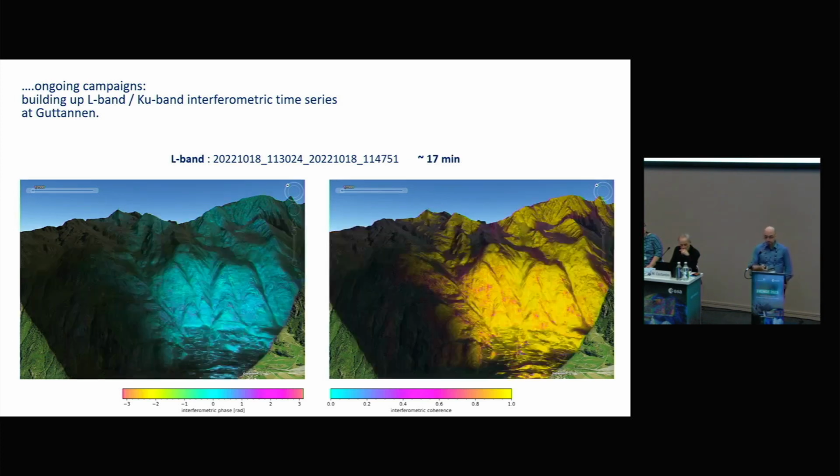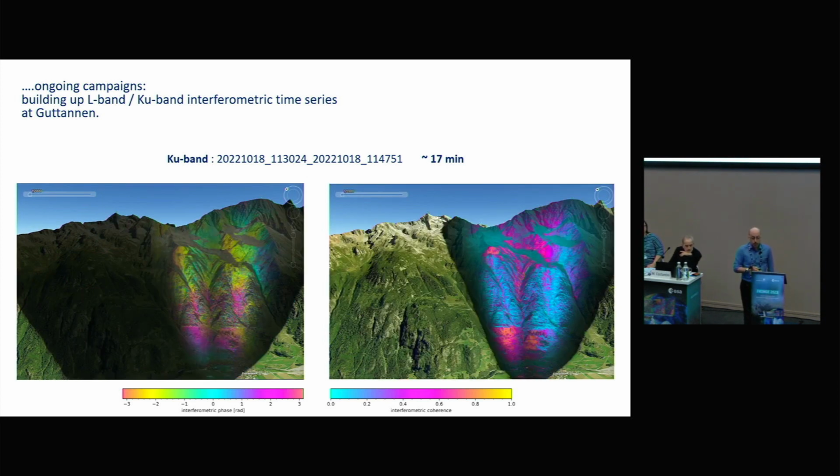Then coming back to the October data within 1 day, 17 minutes, a very, very short time span. Just to have a look at this as well, because that looks much nicer for Ku band and shows complementarity. L band has a very clean phase and super high coherence. Everything looks great. And also at Ku band, you have quite good coherence, except of course in the forested areas. And the phase pattern in this case also looks a bit smoother, so probably less atmosphere in October. So this is something we can work with, but it's of course a start in this direction.